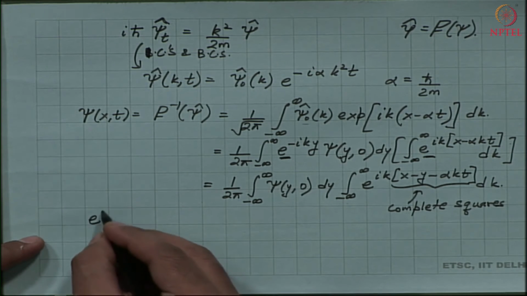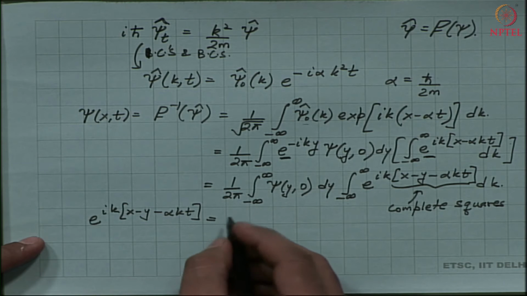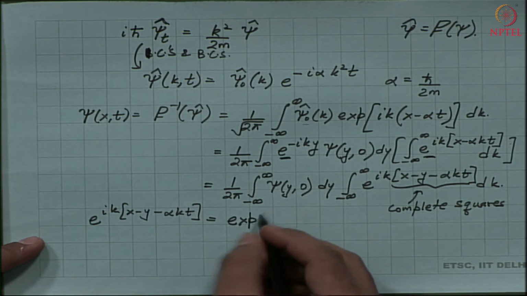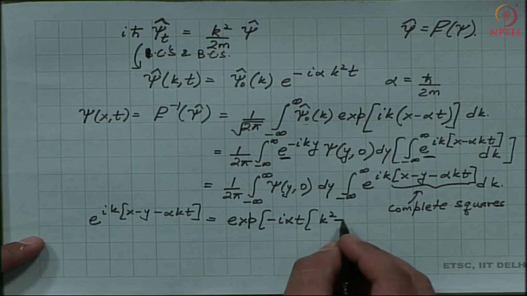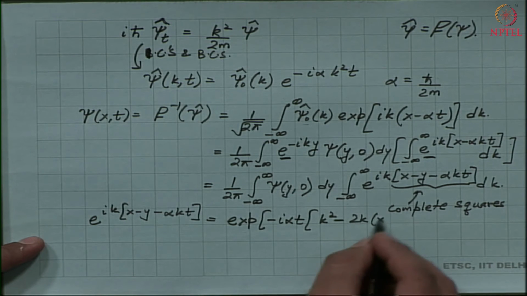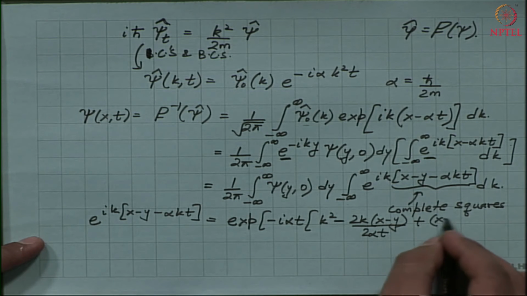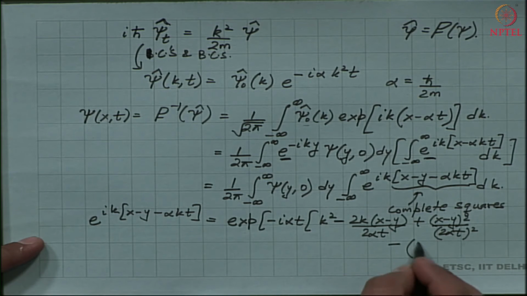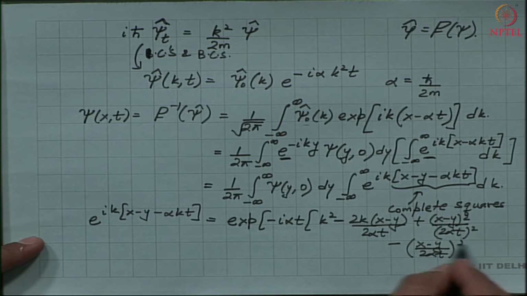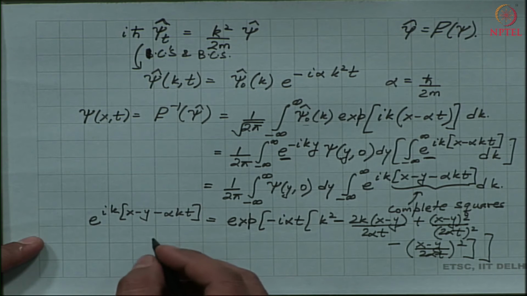In particular, I have e to the power i(k(x minus y) minus alpha k squared t) is equal to e to the power, let us take out this i alpha t out, this becomes k squared minus 2k(x minus y) divided by 2 alpha t plus ((x minus y) by 2 alpha t) whole squared, and then minus ((x minus y) divided by 2 alpha t) whole squared, one in the second bracket. So, after completing the square, I am going to see that this is also equal to